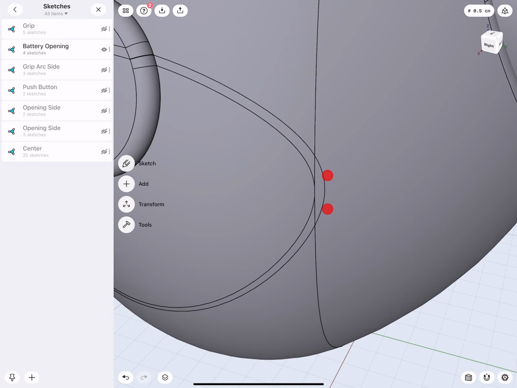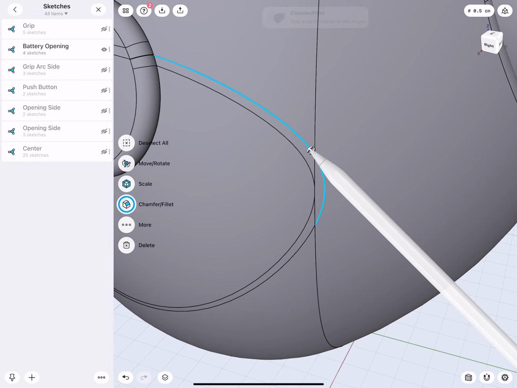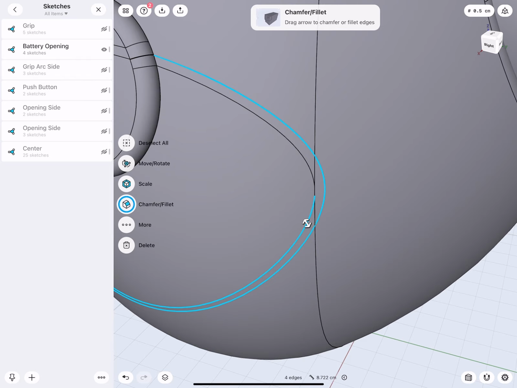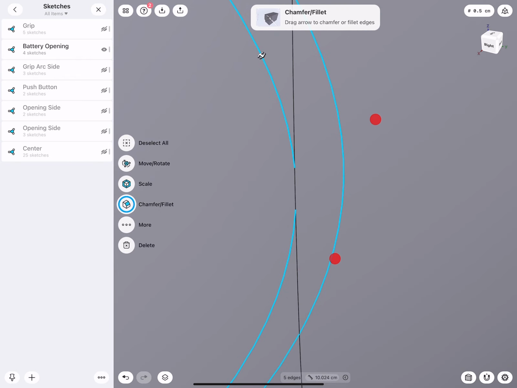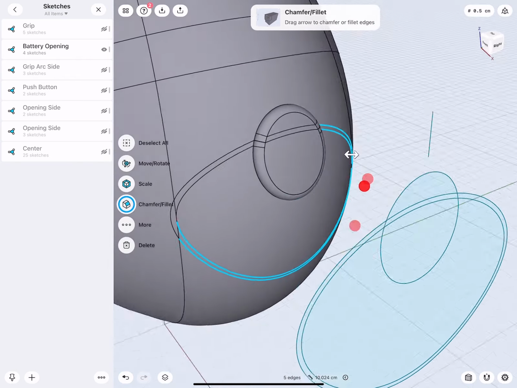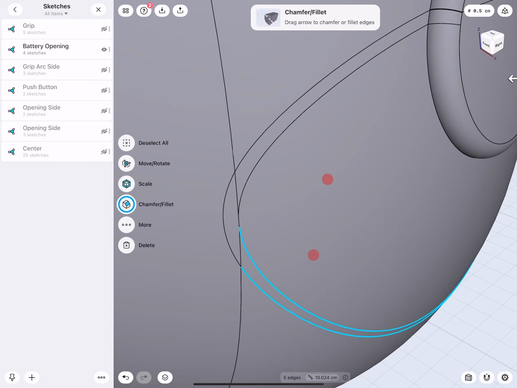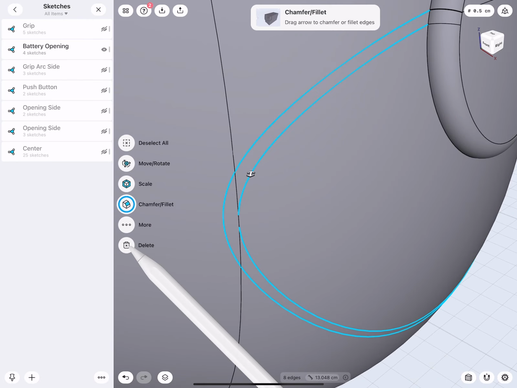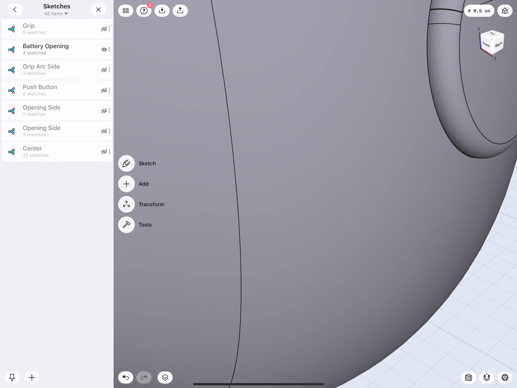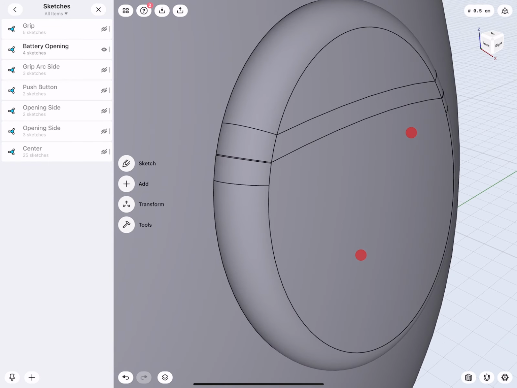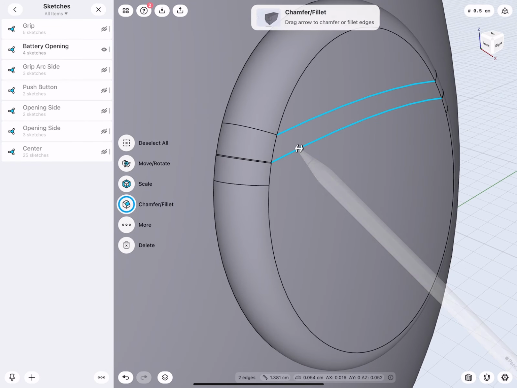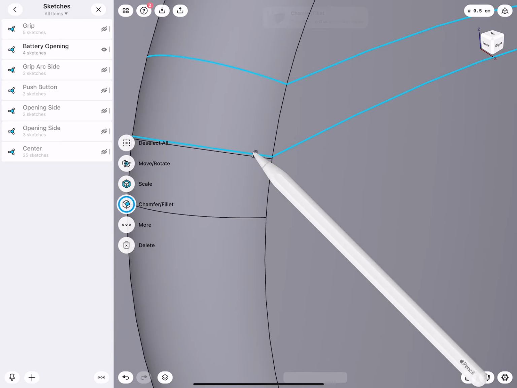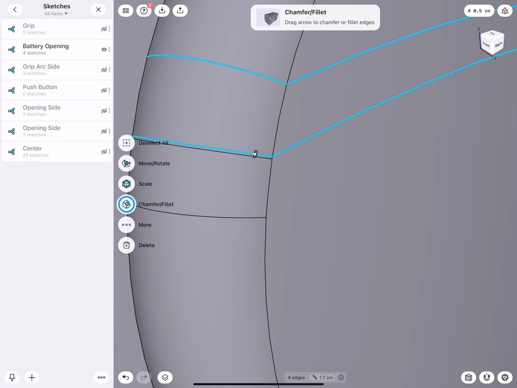So I actually remove all these edges here. There. Also here. Can actually clean this up.